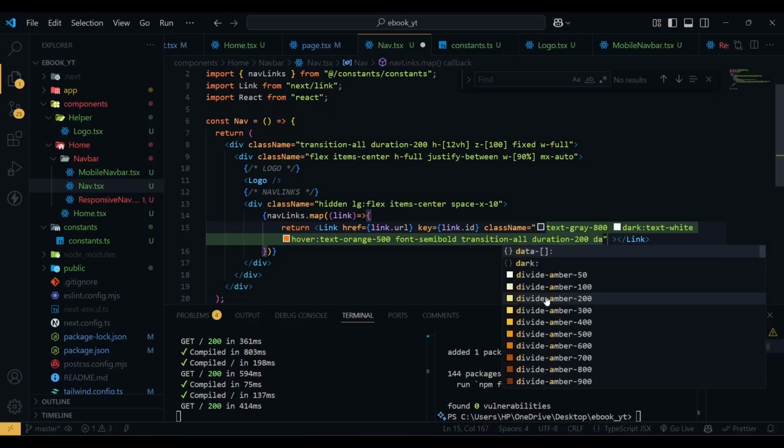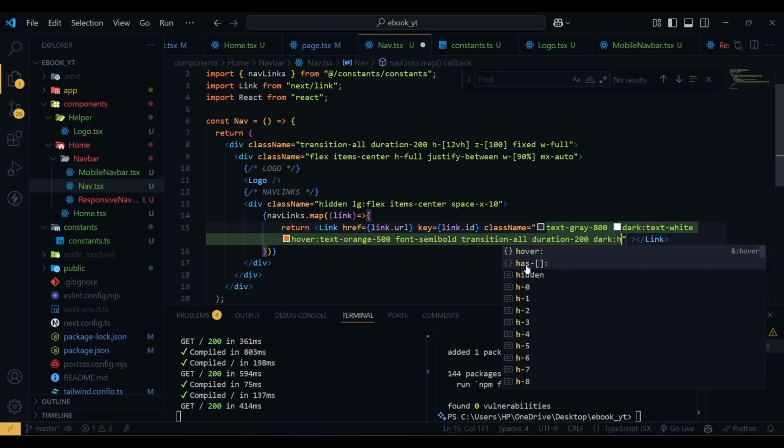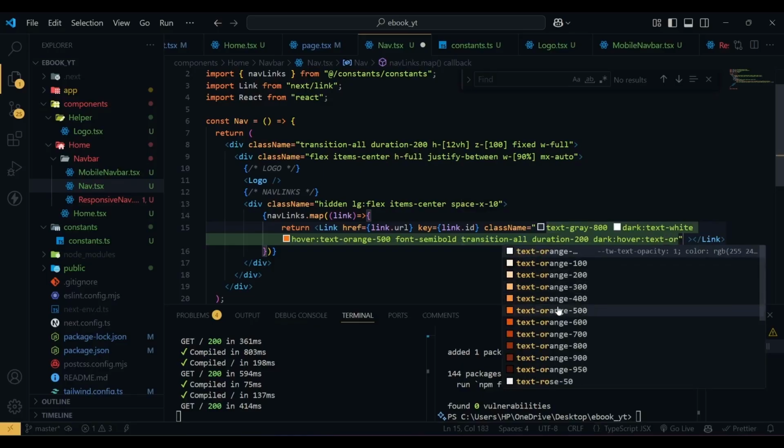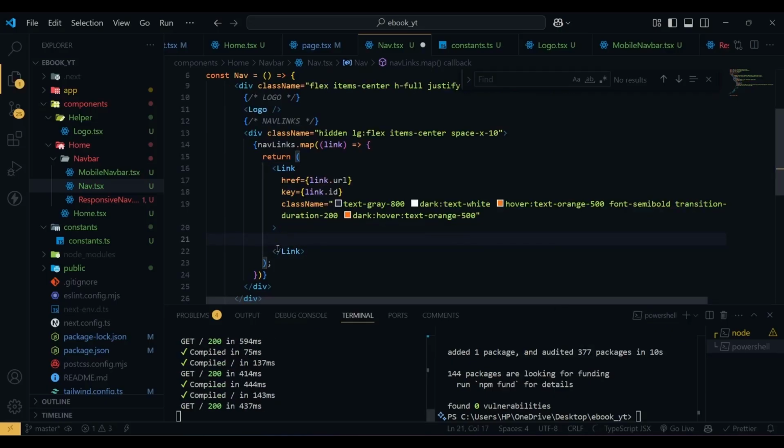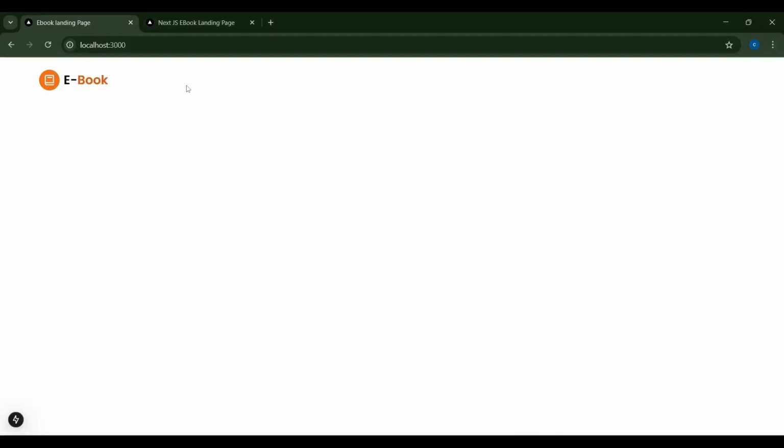And in the dark hover, we will use the same text orange 500. That's it. And now inside this, we have a p with link dot label. Now hit save. Now if I go to our project, if I reload the page,